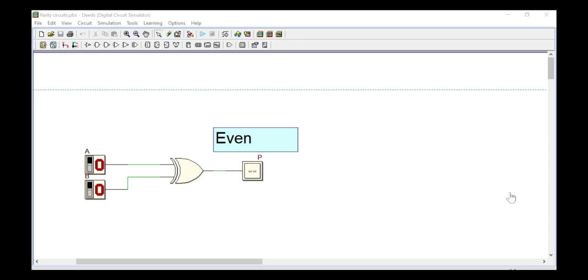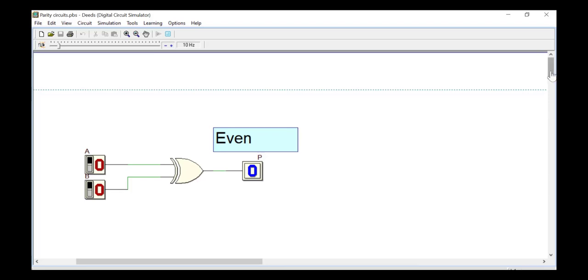So in case of even parity, when we are having only 2 data bits, if you look at here, when the data bits are having even number of ones, your parity bit is 0 because all even number of ones. Otherwise I can make it both ones. Still it is having even number of ones, that's why my parity bit is 0. If I make one bit as 0, now your data is having odd number of ones. To make it even number of ones, I have to make my output as 1. You can see your parity bit is 1, so the total number of ones in the data will be even. So this is for even parity.